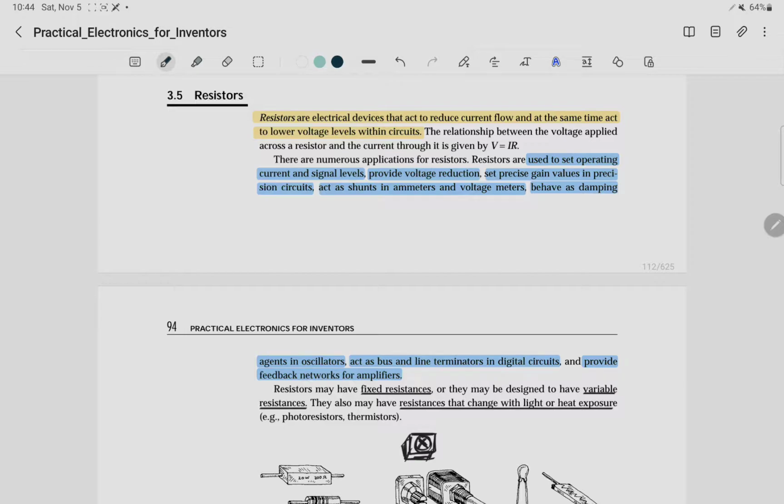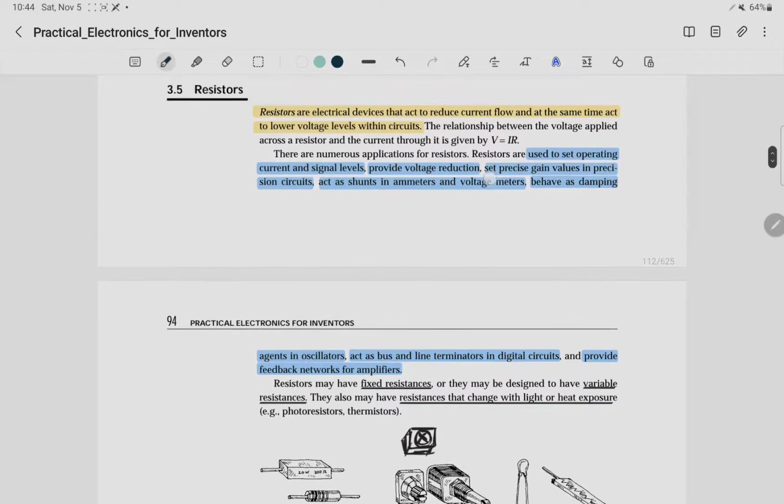Here in the definition they're saying resistors are electrical devices that act to reduce current flow and at the same time act to lower voltage levels within circuits. That is true. The relationship between the current and voltage levels in a resistor is given by Ohm's law equation, which is V equals IR,